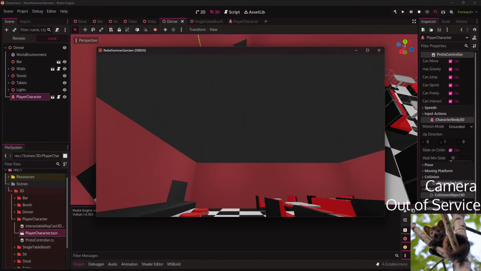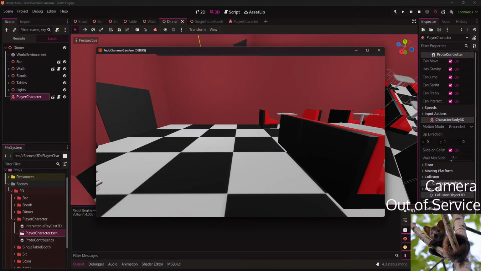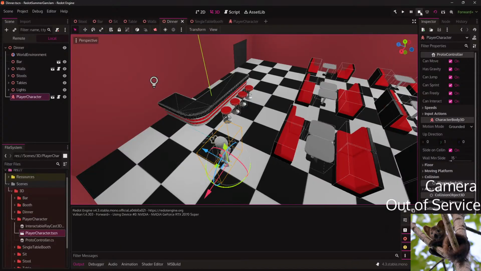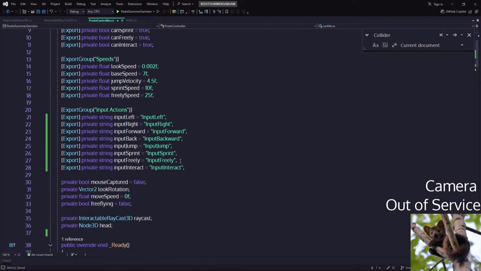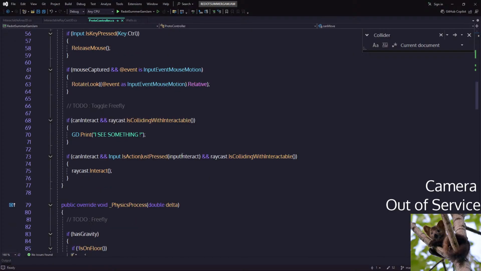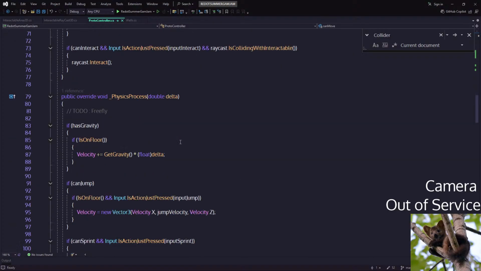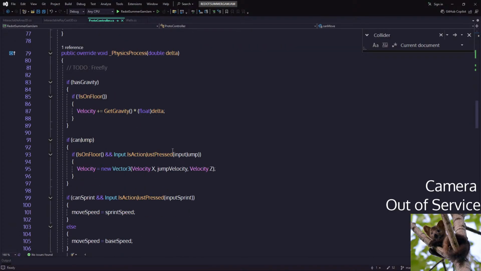But yeah, this reversal thing is so confusing. Okay, I may have an idea about it, but that would be very weird, that Redot is using a different setup. Either it's because I use the character here.